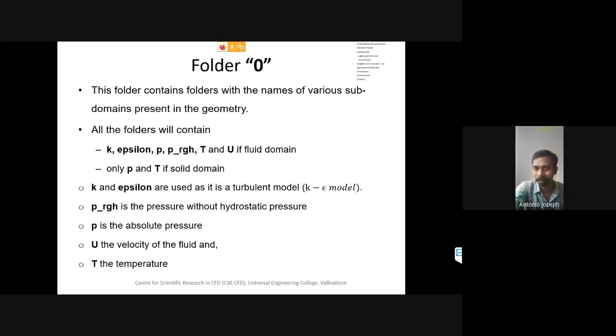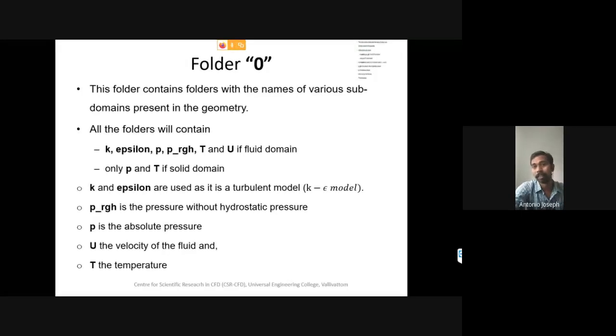Now we are getting more complicated because inside the zero folder, we will be having different folders like air cavity, another folder named left solid, another named right solid, then another folder named heater. So there will be different folders according to the domains present inside the zero directory. And inside all those folders, there will be corresponding files representing the boundary conditions: pressure, temperature, velocity, whatever it may be. So all these things will be present inside the zero folder.